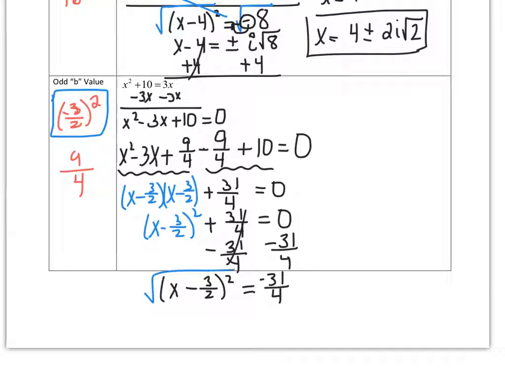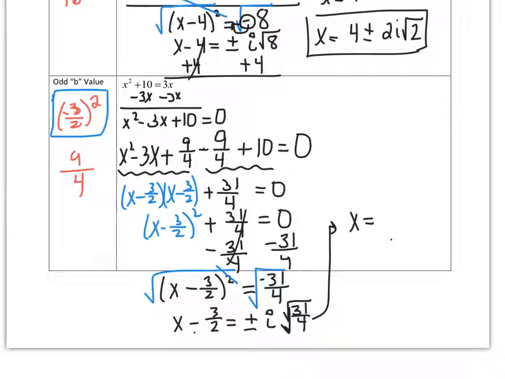And again, take the square root of both sides. The square and the square root will cancel each other out. So we have x minus 3/2 equals, don't forget the plus or minus. I'm going to pull out the i while I'm here, and the square root of 31/4. So, to finish this off, I'm going to have to add the 3/2 to both sides. So I'm just going to write that up here. So when I add the 3/2, so plus 3/2 and plus 3/2, I will get x equals 3/2 plus or